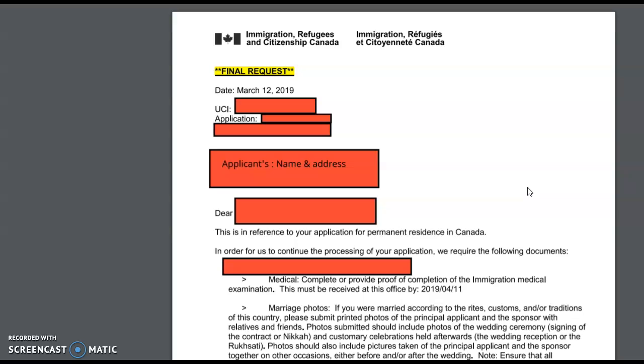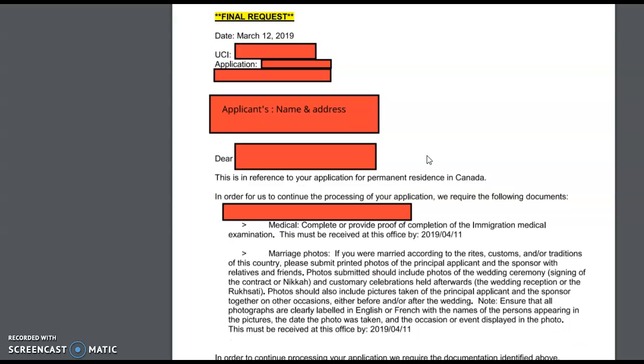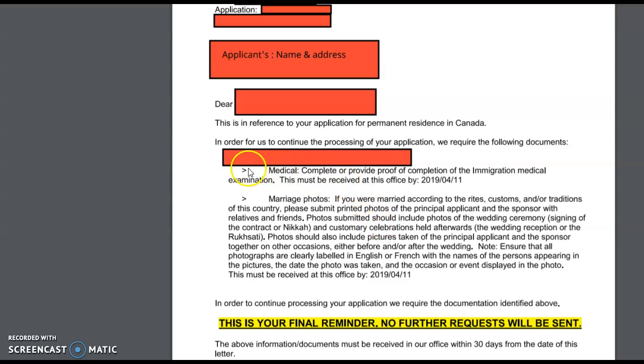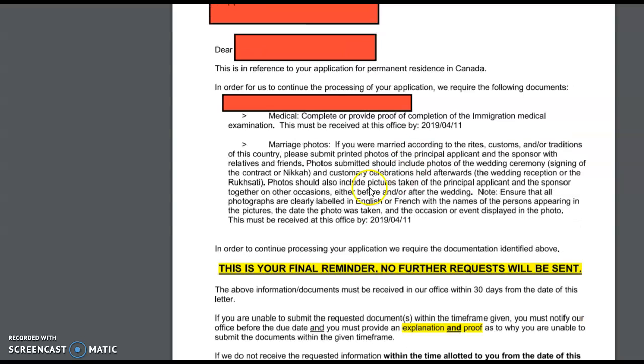First thing first, in the very first section, it will give you all the information about your application, your name, and the address. Then it will very clearly tell you what documents they are looking for. So if you have already applied or planning to apply, you will know that there is a medical test that you need to get done. And for me, they were asking for the medical test proof, which I had to send, and additional request for